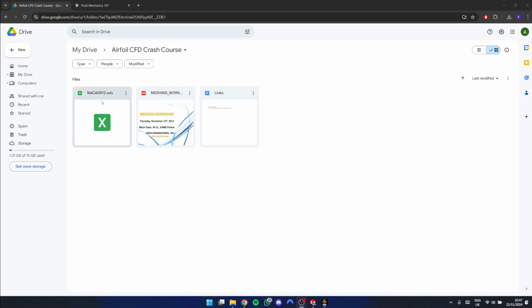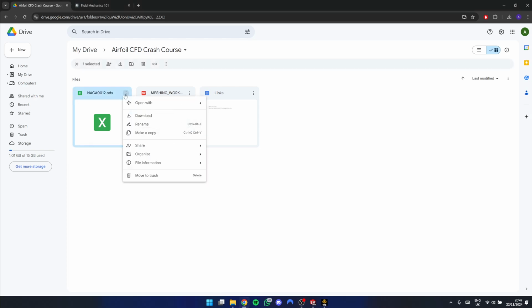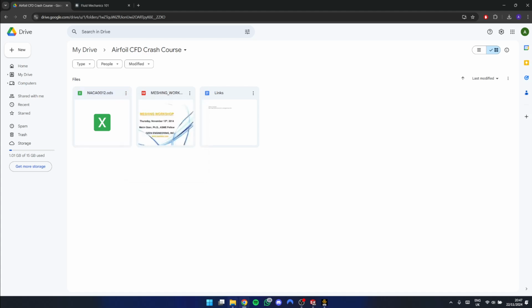So first we're gonna use the airfoil. In this course we're gonna use NACA 0012. You can get airfoil from Airfoil Tools or choose your own airfoil if you need that. So first you're gonna click here and click download. Once you download it in your own file,